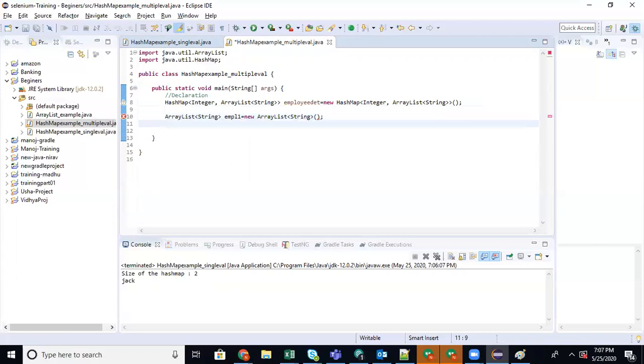First you add the values. employee1 dot add something, say salary, I'm just adding. Let me add another array list for employee 2.